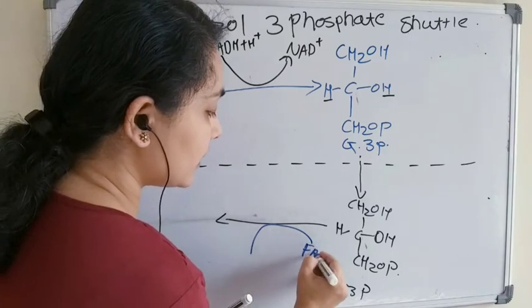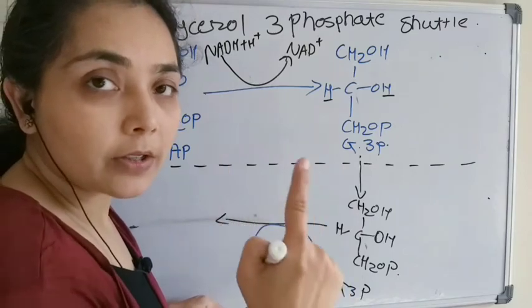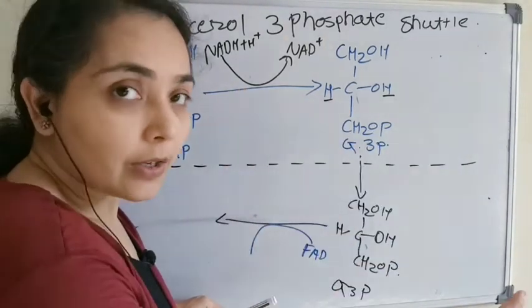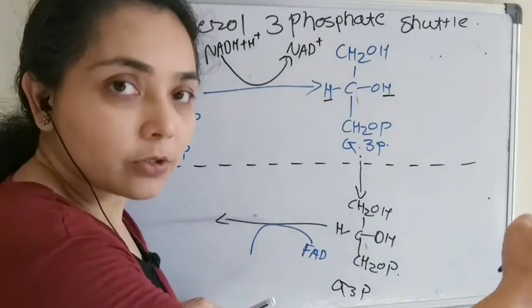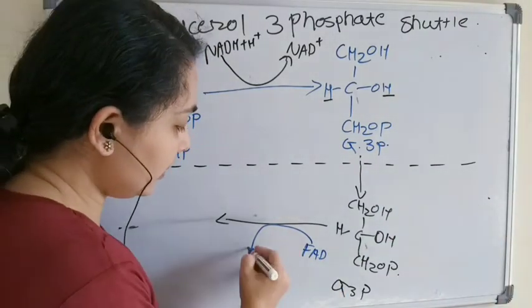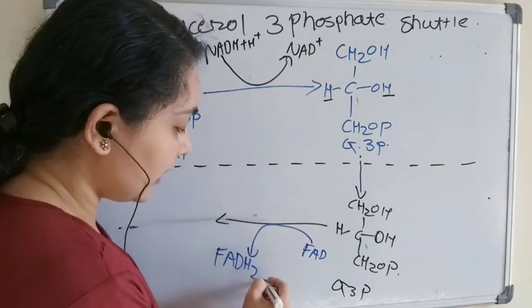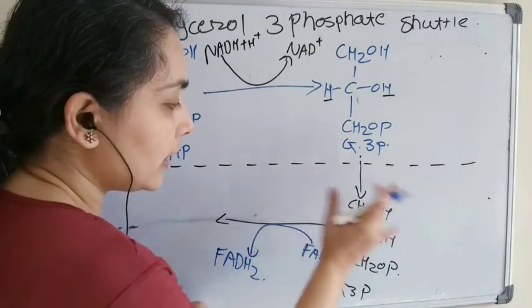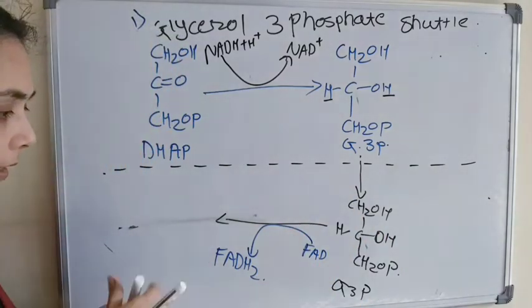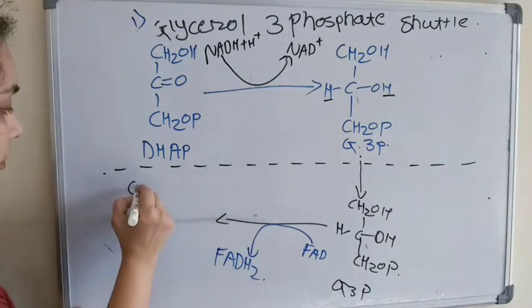We had already discussed that glycerol 3-phosphate has a station at FAD, and FAD will transfer its electron to complex 2, right? So here FAD will convert to FADH2, and when it transfers its electron and proton, this glycerol 3-phosphate will convert into dihydroxyacetone phosphate,